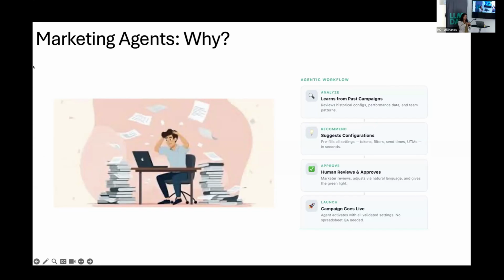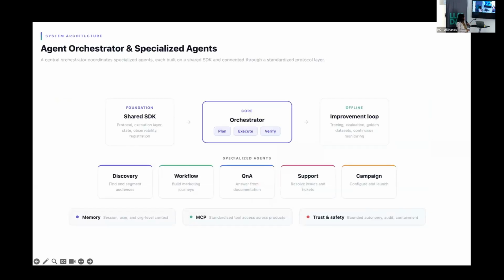So it's important to have the human review in the process, but it still saves hours of going into a website and clicking on different things and setting these configurations yourself. And it's also something that improves as users keep using it and giving feedback on how these configurations are being done by the agents. And this is a particular example. There are different directions in which the agents are being used in marketing. And that's why we need a multi-agent system as opposed to a single agent that's running campaigns.